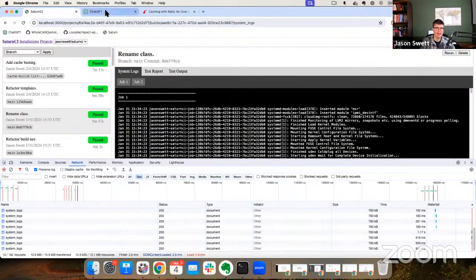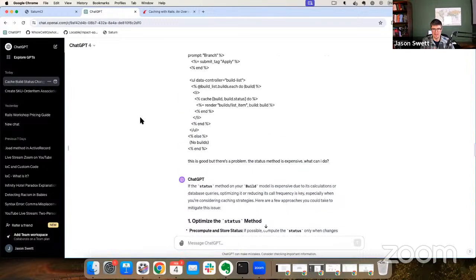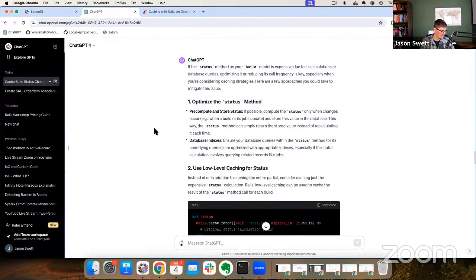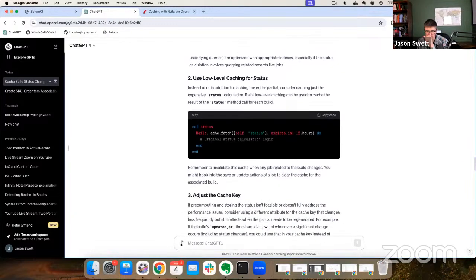Okay, I had asked it something about this earlier, and it had a suggestion, and I don't think I read it. Use low-level caching for status, pre-compute and store status. Hmm. That's an interesting idea,